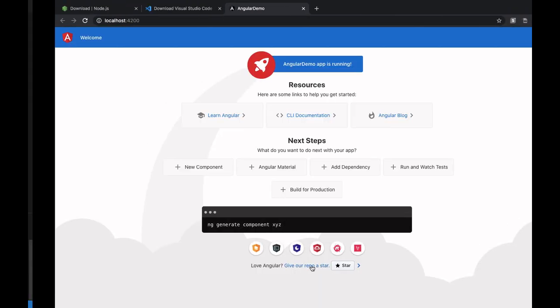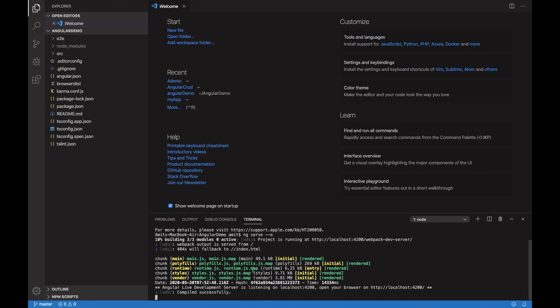So it is going to take some time. Here you can see that it has created these many files. It has created a chunk of main.js, polyfills files, runtime.js, styles.js, and vendor.js. We'll talk about all these files in our next video, what all these files consist of and what the main functions of all these files are, and it will say that compiled successfully, and it